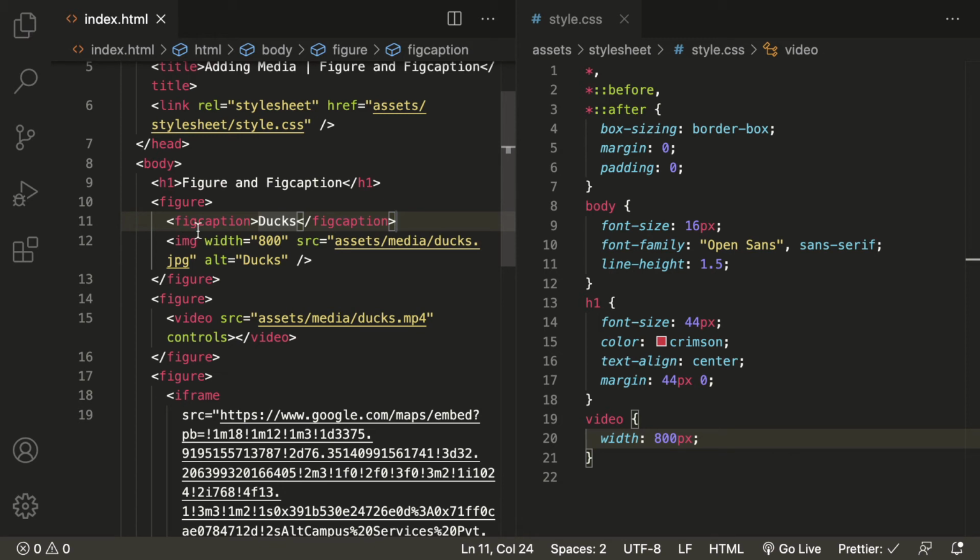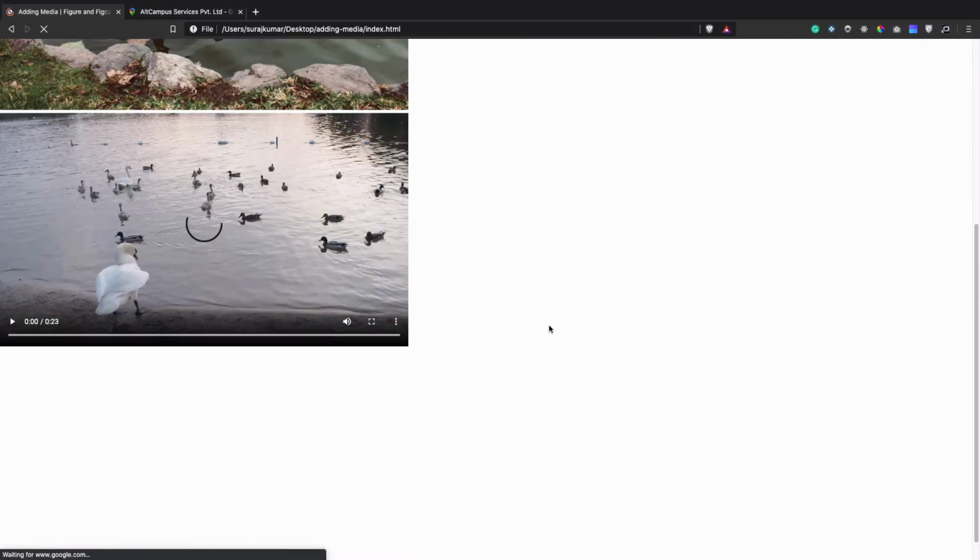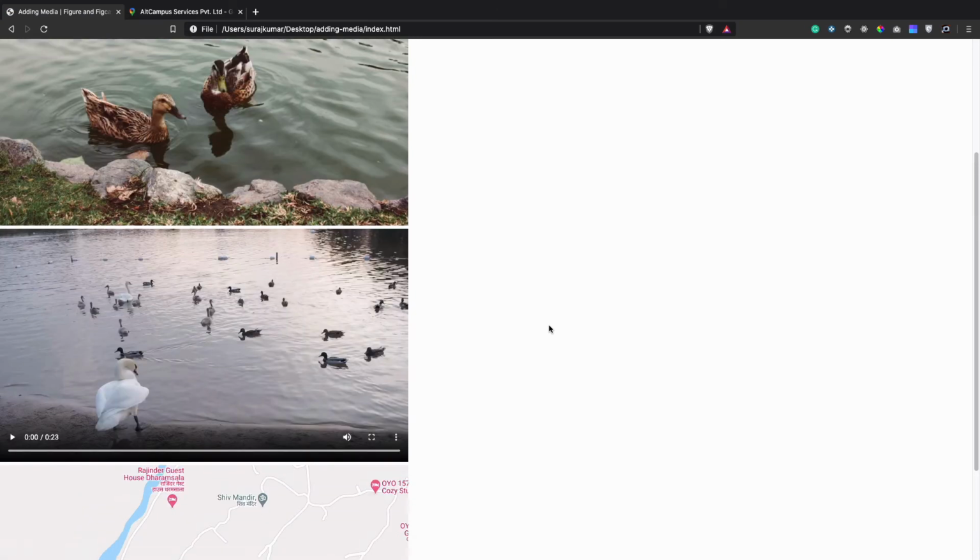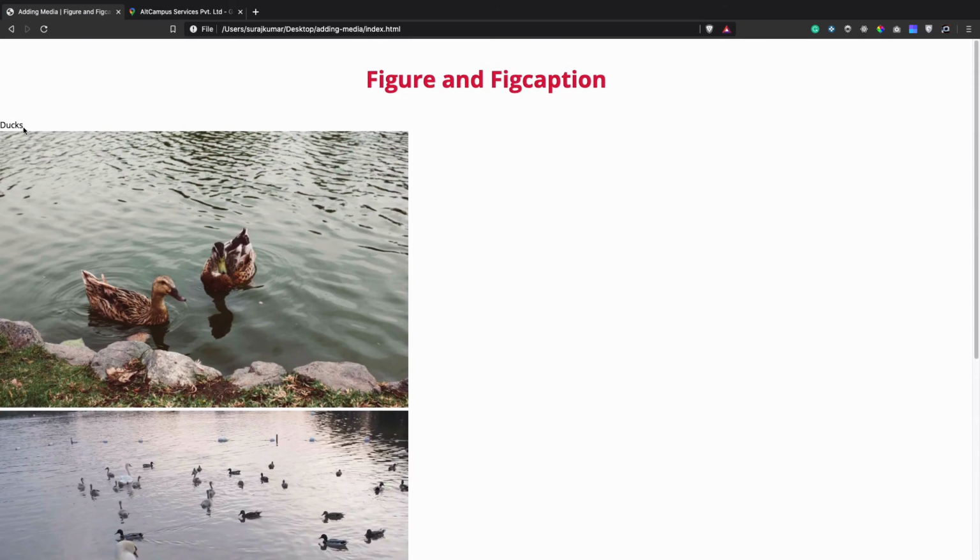And when we use the figcaption tag inside the figure tag and we are keeping an img element inside the figure tag, then we can get rid of this alt attribute. We do not require this now, as we have one figcaption tag for this image. Now save it, then give it a refresh. Let's see, here we have that figcaption, that is the caption or heading.